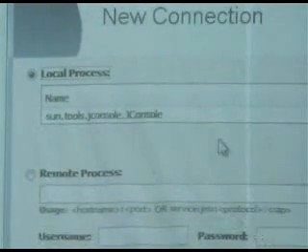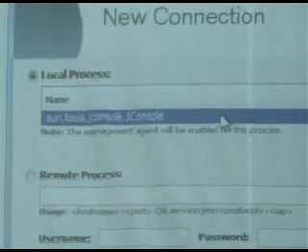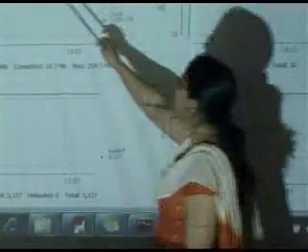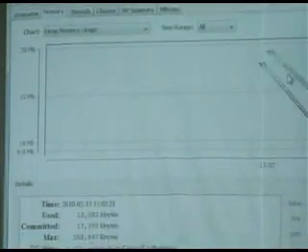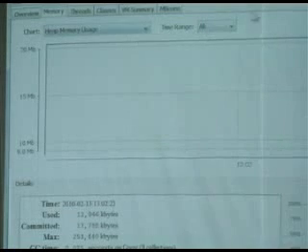Say I want to monitor my local processes. Click on this JConsole. Say connect. Now go to your memory. You want to see your heap memory usage.